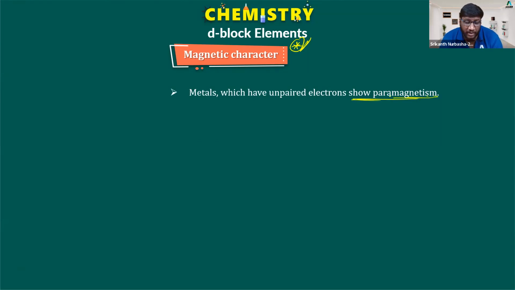Can anyone say what is paramagnetic substance? How does that paramagnetic substance behave to external magnetic field? Weakly attracted. Harishri says weakly attracted. Very good. Others? Weakly attracted or repelled? Lakshmi Rani says having unpaired electrons. Very good. So species which have unpaired electrons, that is said to be paramagnetic in nature. That is true. But what does this unpaired electron do?